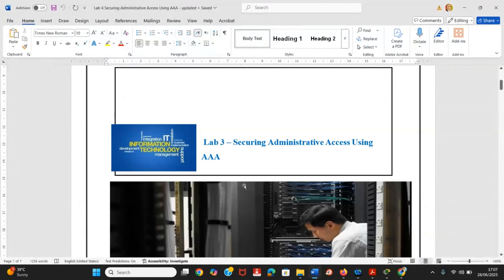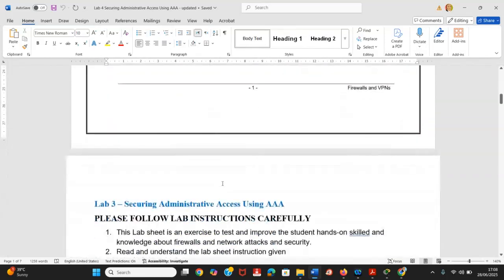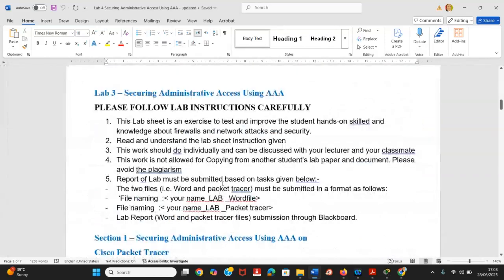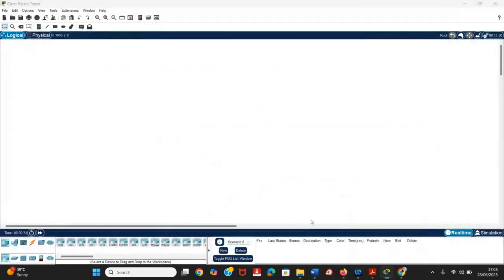Today, I want to quickly go through this lab exercise, Lab 3, Securing Administrative Access using AAA, that's Authentication, Authorization, and Accounting, which is a protocol basically for the router. I'm going to run this lab quickly using Packet Tracer. So you have to log into your Packet Tracer. Once you do that, you're going to have the Packet Tracer interface showing the spaces where you can develop